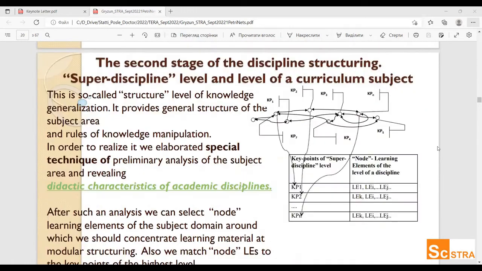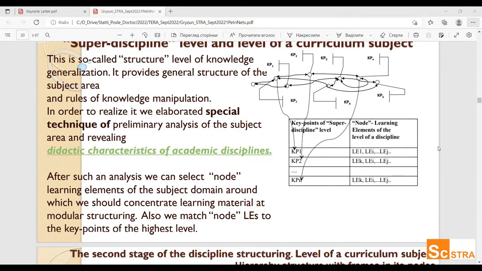The second stage of the discipline structure is the so-called structure level of knowledge generalization. It provides the general structure of the subject area and rules of knowledge manipulation. In order to realize it, we elaborated a special technique of preliminary analysis of the subject area and revealing the didactic characteristics of academic disciplines. After such an analysis, we could select node learning elements of the subject domain around which we should concentrate learning material in the modular structure. Also, we match node learning elements to the key points of the highest level, and these ideas are shown here